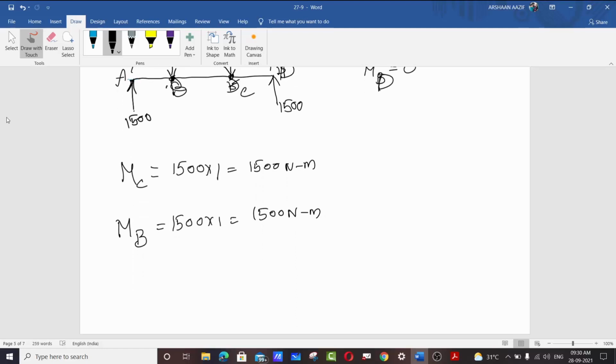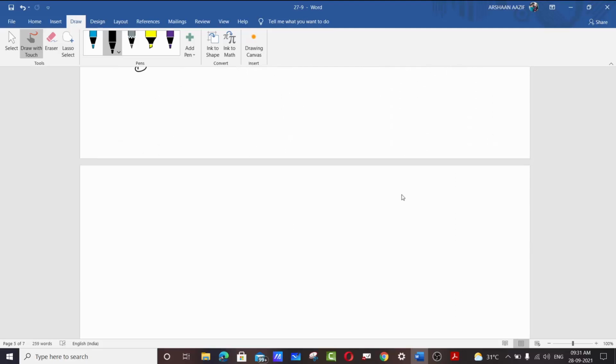Now if you see, both has the same value. Bending moment at B and bending moment at C is same. So we could use any of the value. Otherwise we will take the largest value because we will be designing the shaft for the maximum load that is acting, so that we will get the maximum diameter that we have to use to have the shaft withstand the stress that is acting. Now to find it, we will use the equivalent torque equation, which is root of M square plus T square. So we have to find the torque from the power given.